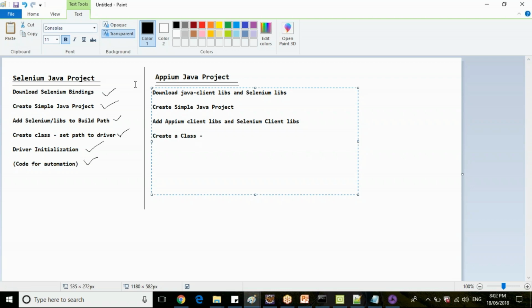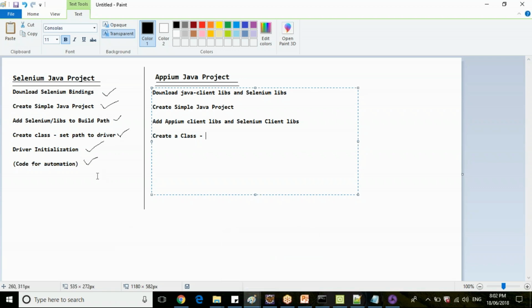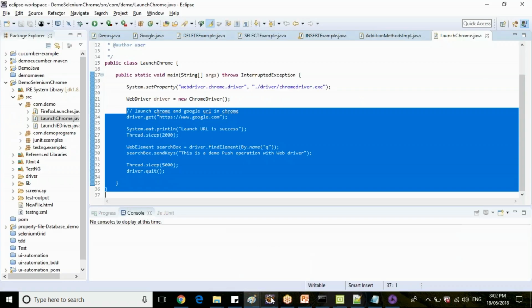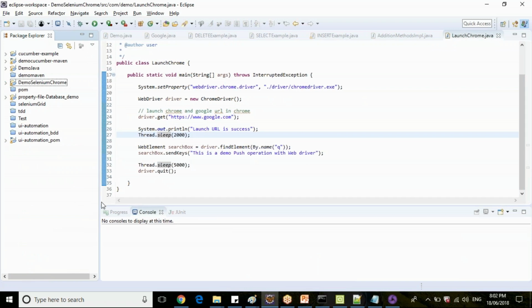Here, instead of setting up path to driver, we were doing something in Selenium Grid, right? Before driver initialization in Selenium Grid setup, what was the code that we were writing? We were writing something called desired capabilities.